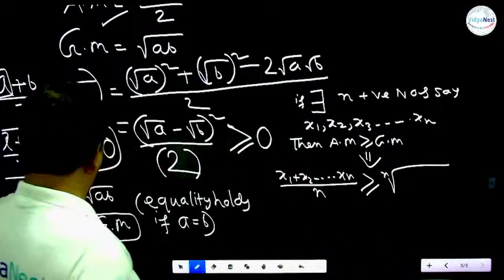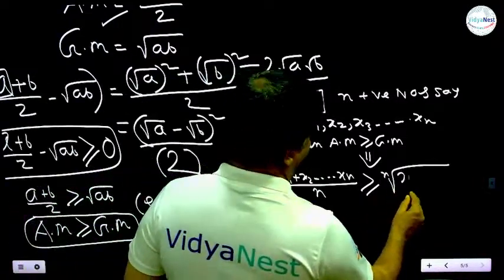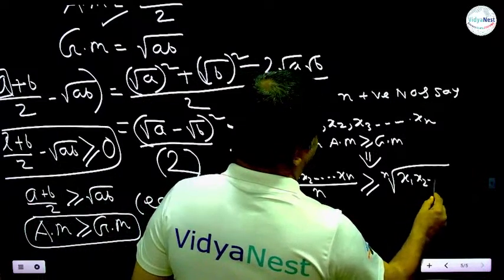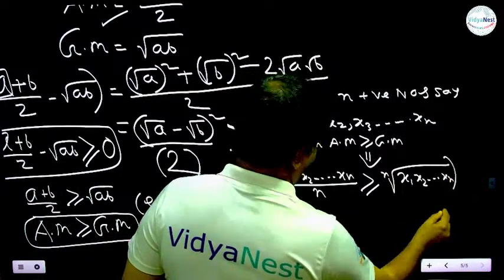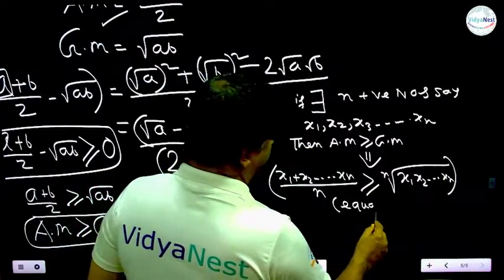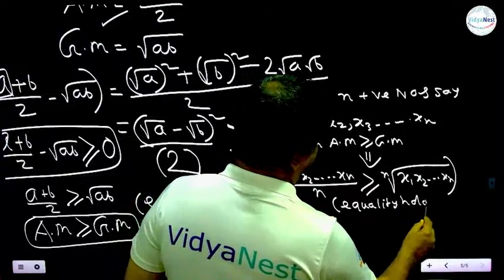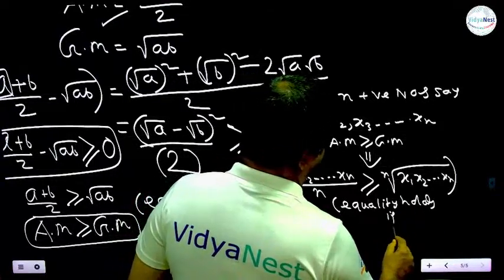For two numbers square root, and for n numbers nth root. Equality holds if